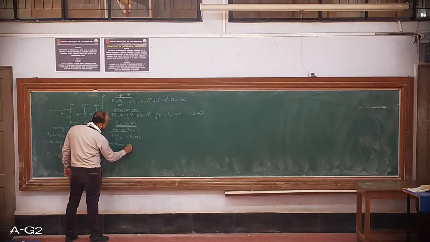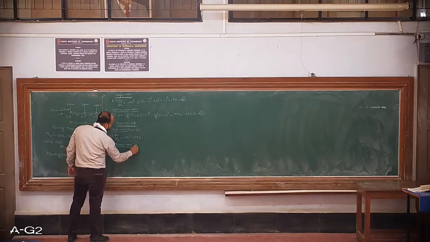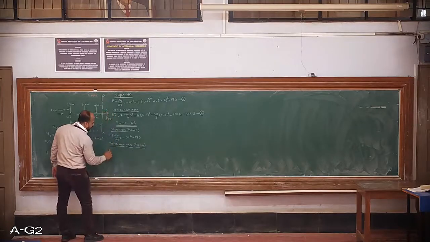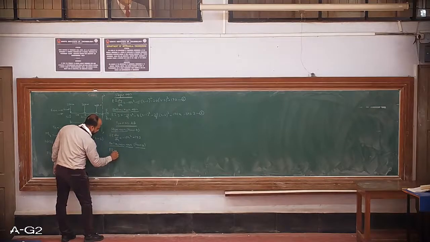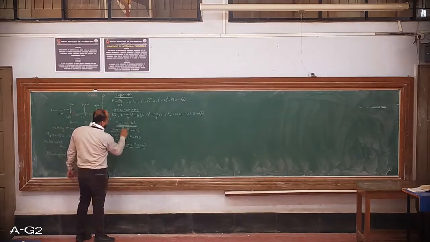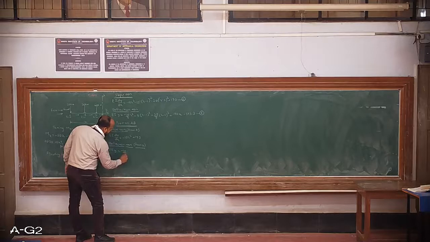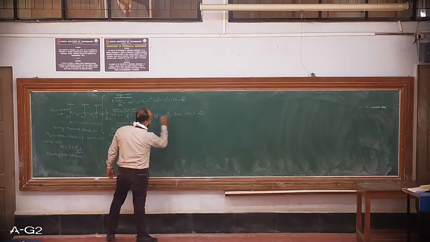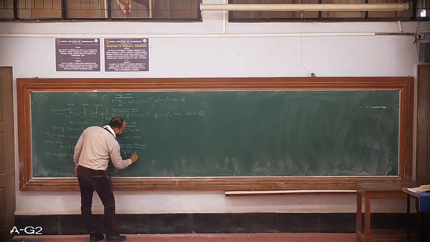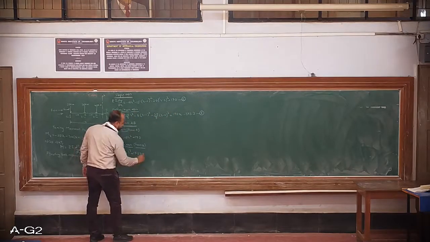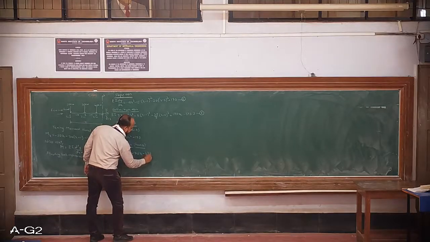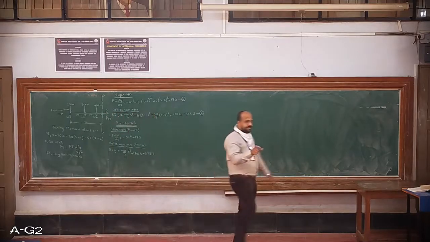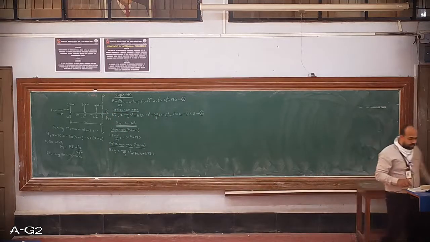Deflection equation from B: EI into Y is equal to first term, that is minus 10 by 3 x cube. This will not come, this will not come, this will come now, plus constant, that is 170 into x minus 373.3. So this is my slope equation and deflection equation for the portion between AB.